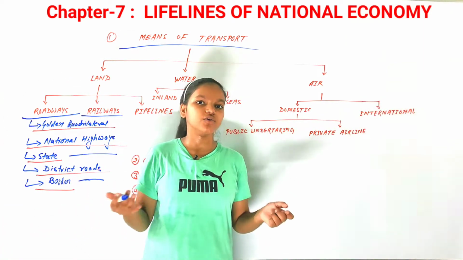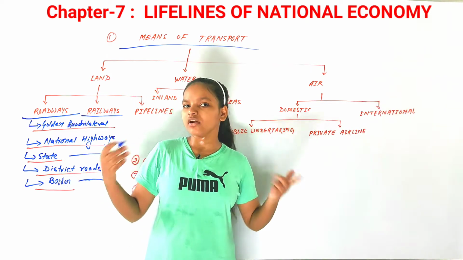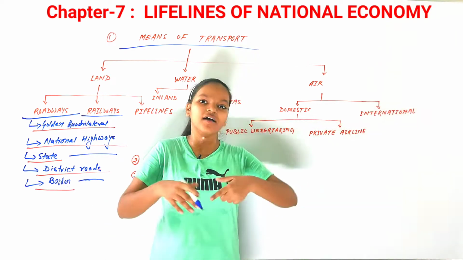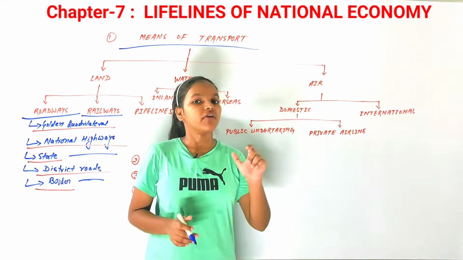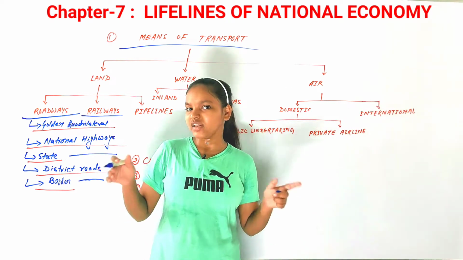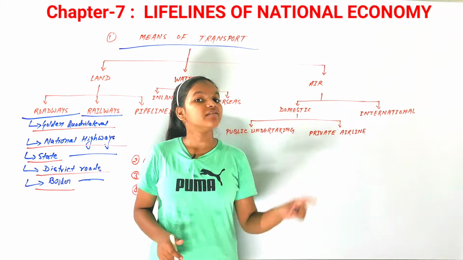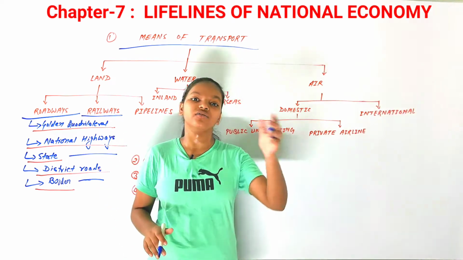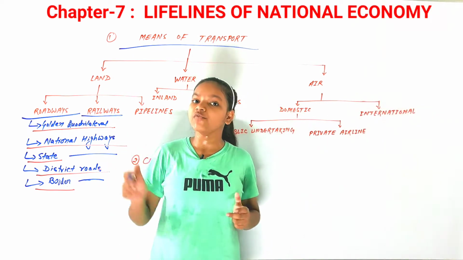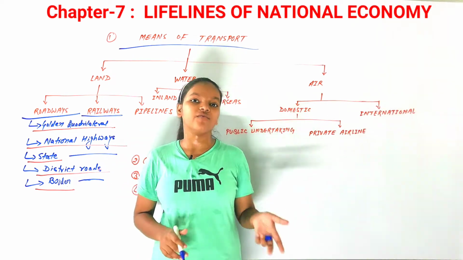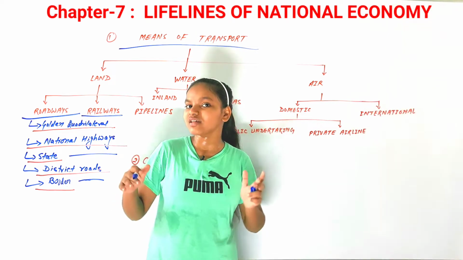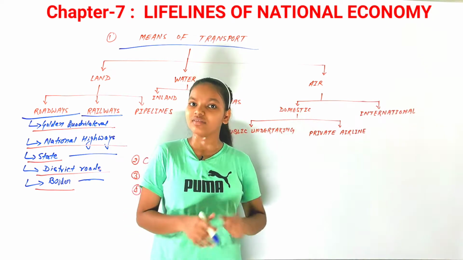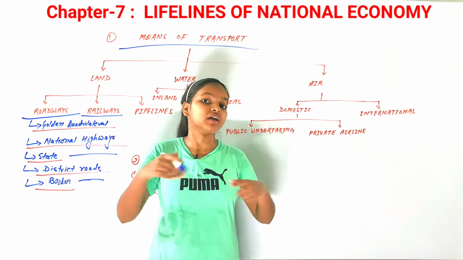Many of you might have traveled by railways at least once in your life, so I don't even need to explain what they are. Railways have a long history in our country, about 150 years. The first railway in our country started in 1853, running from Mumbai to Thane, a distance of 34 kilometers. During that time it was 34 kilometers, and now railways serve very big purposes.